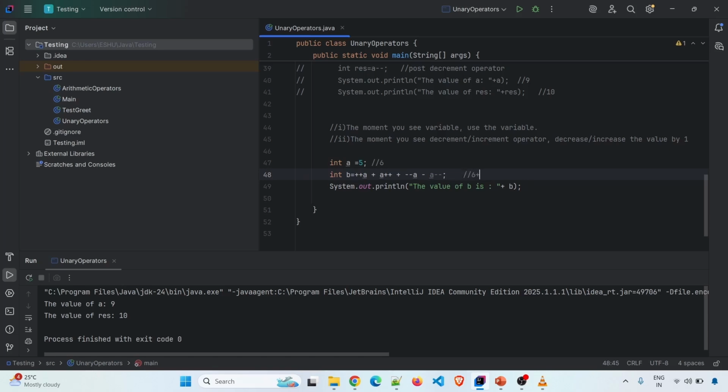6 plus. Since this is an expression, I will use this number for further operation. So this has become 6 now. Plus, now a, again a, so I have to use this. Now plus plus, then this a will become 7. Now 6 to 7. Again plus,